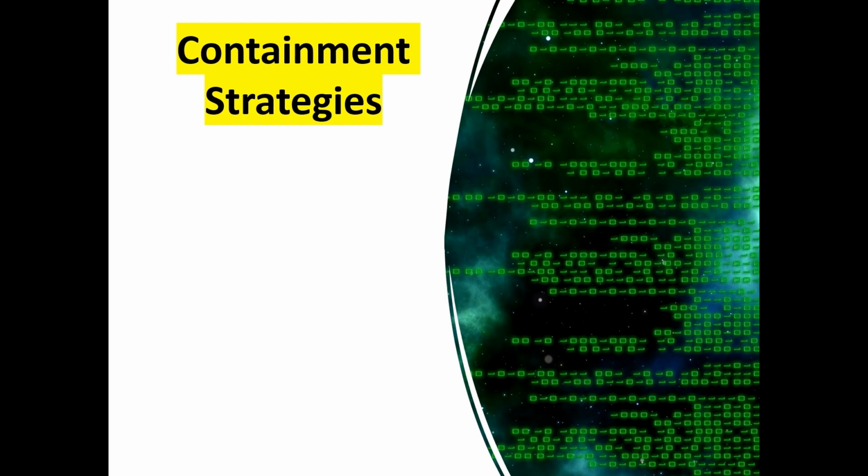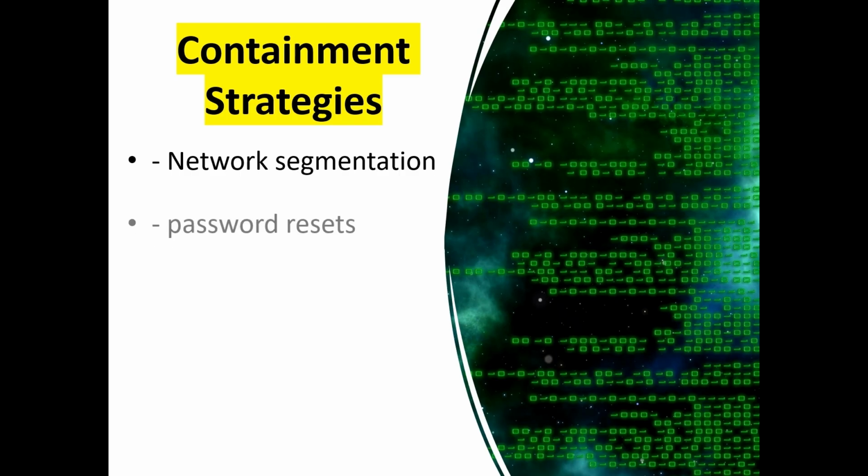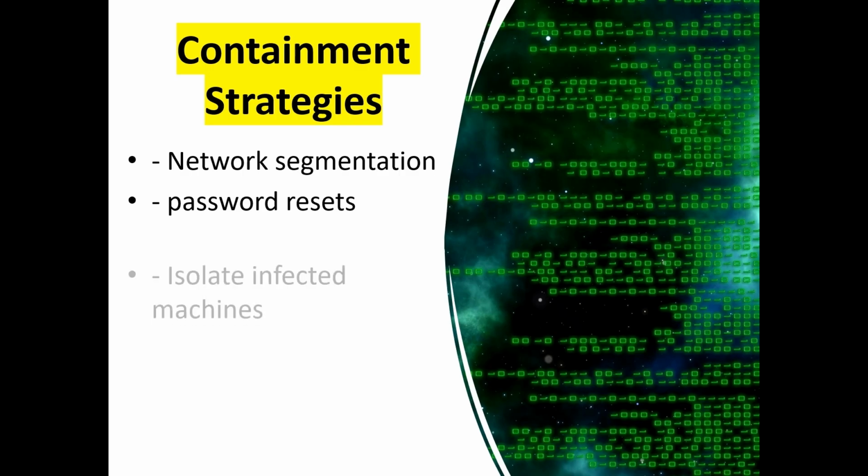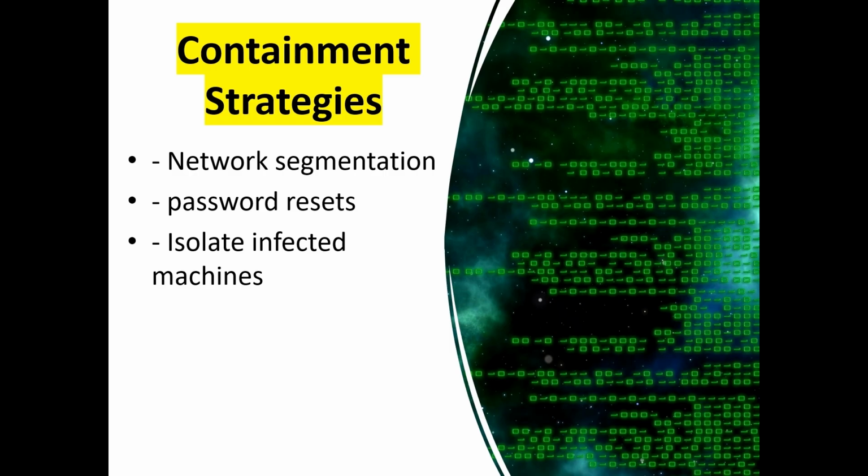So in all, just remember your containment strategy is essentially segmenting of your network so that if an attacker enters your company's network, it doesn't just move freely from one system to another or move laterally on the network. Then account lockout and password resets, ensure that you reset your password immediately. Then isolate infected machines or systems. Then finally, you preserve evidence for